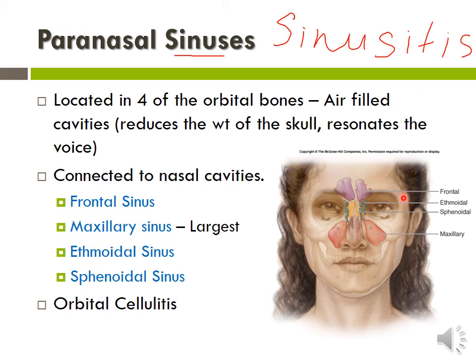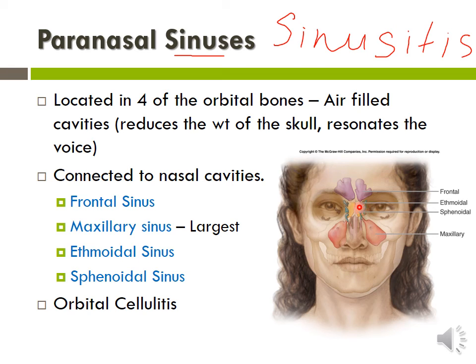Okay, this is a frontal bone, and this is the frontal sinus. Remember that all are connected towards the nose. Second one, maxillary sinus. This is the maxillary bone, and you can see this is a maxillary sinus. Ethmoidal sinus is here, towards the ethmoid bone, and sphenoidal sinus is on